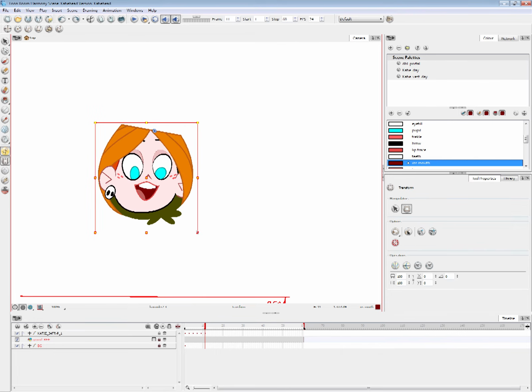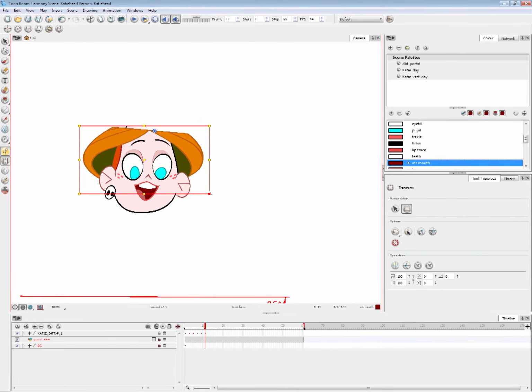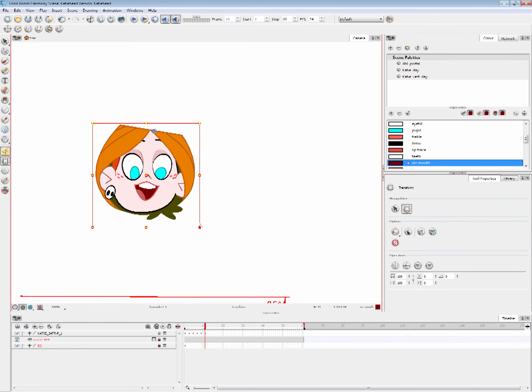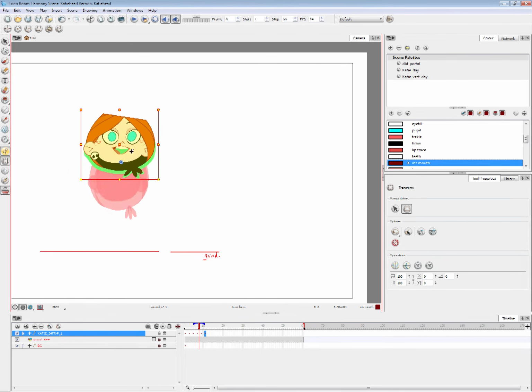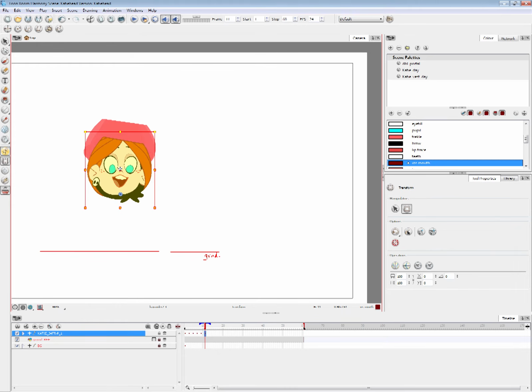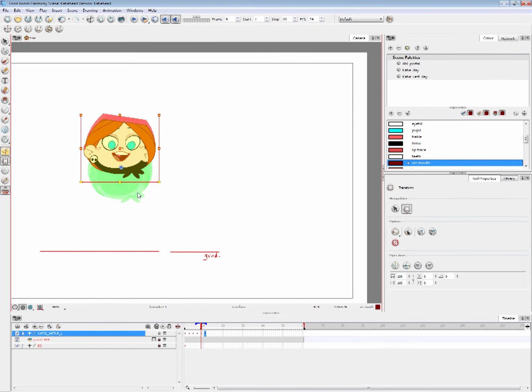Because of the build and the design I'm working with, I don't want to move her hair too much. I think this might be a little bit extreme for this model, so I'm just gonna keep it like this. And I'm gonna check something. It looks like she moved a little bit.